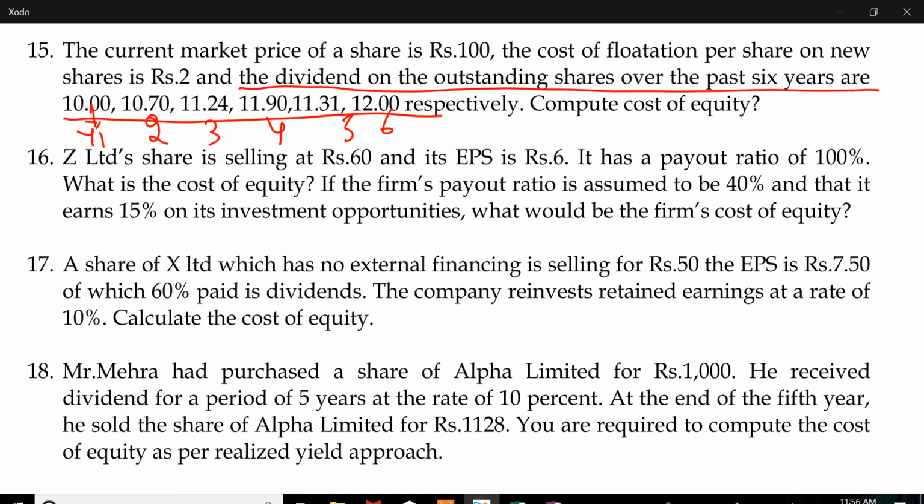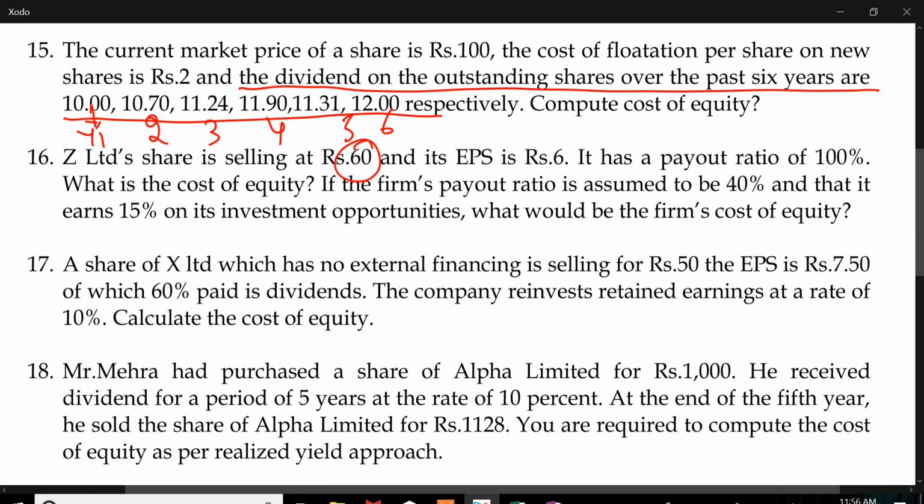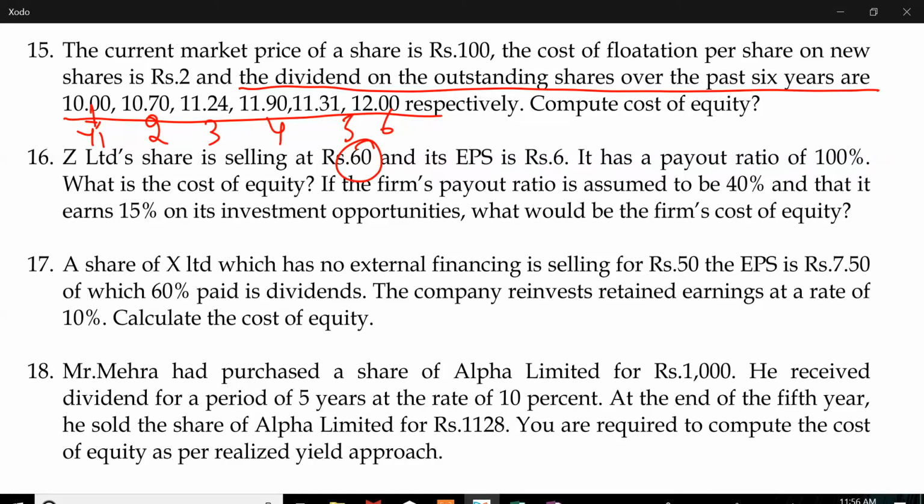Let's do question number 16. Z Limited share is currently selling at 60, EPS is rupees 6, payout ratio is 100%. What is cost of equity? Payout is 40%. It earns 15% on its investment opportunity. What would be the firm's cost of equity? Now listen, there are two parts to the question. One, payout of 100%. Second, payout of 40%. Now,